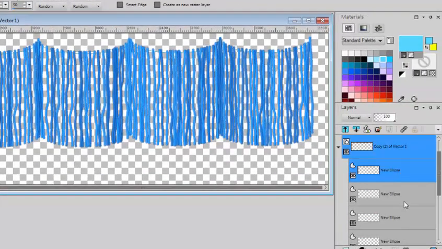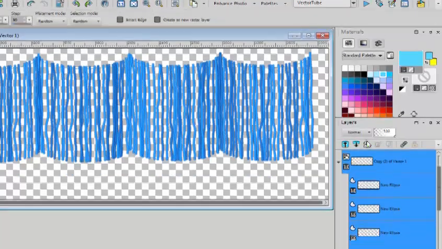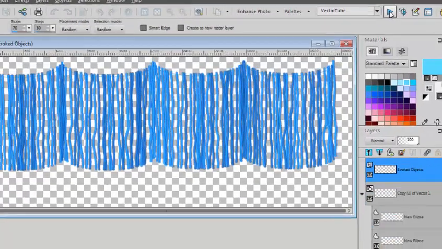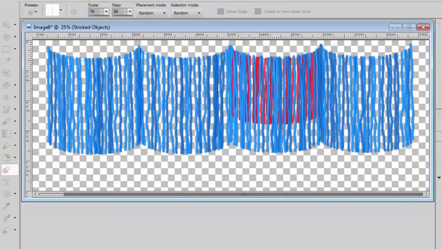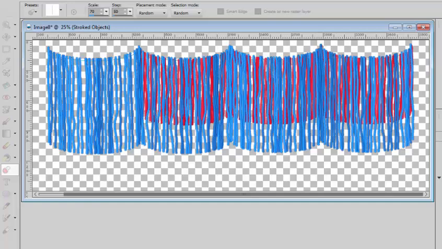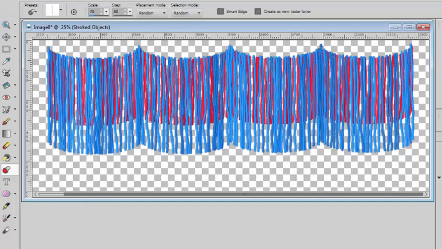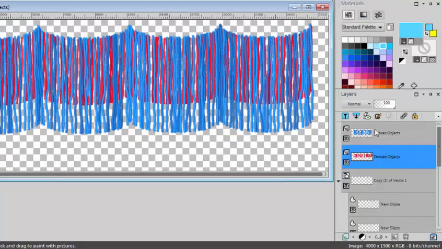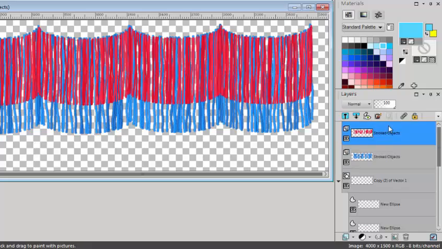So I will reactivate my four ellipse path and run the vector tube again. So as it created it below the first one I did, I can just move it up and I have